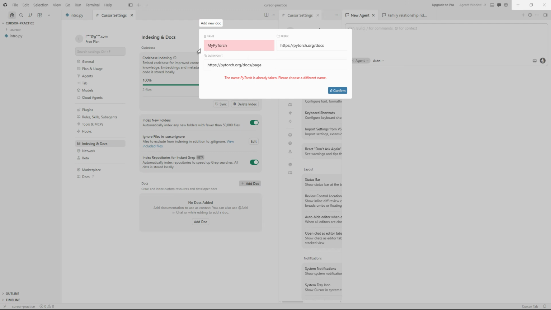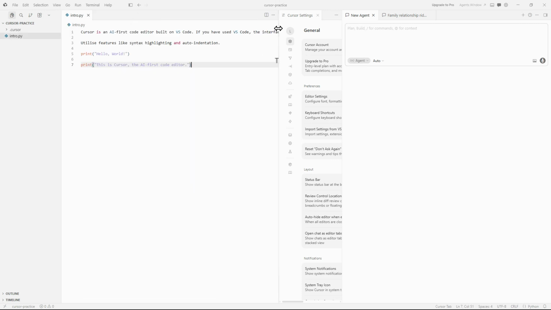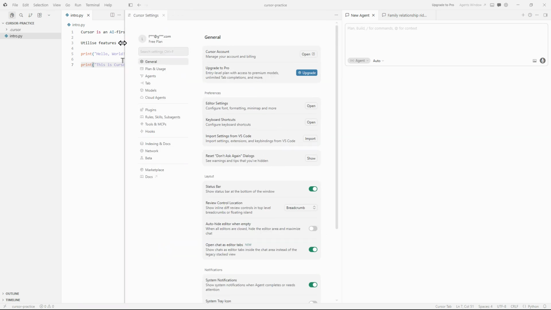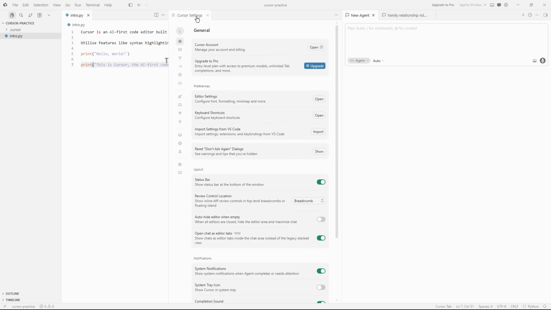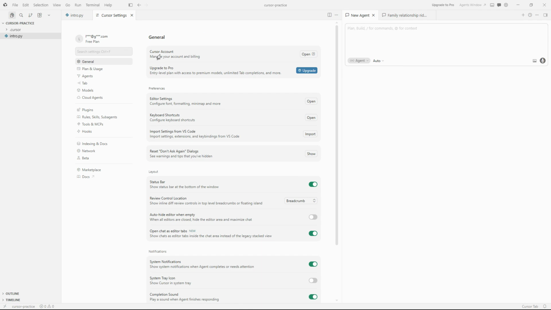This is a huge productivity boost because instead of manually explaining everything over and over, you can teach Cursor where the important information lives. A good tip here is to make sure the documentation link is accurate and up to date. If the source changes frequently, double check that Cursor is reading the correct version. It also helps to add documentation that is concise and well organized, because better documentation usually leads to better AI results. If your team has an internal docs site, this can be one of the most powerful ways to improve